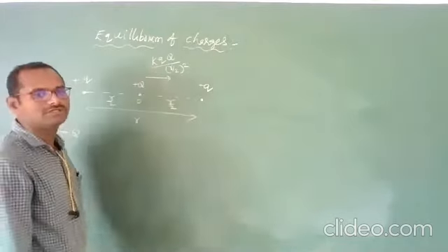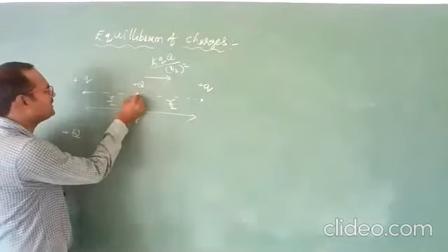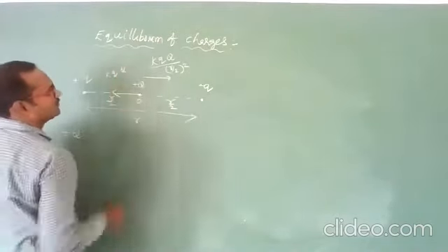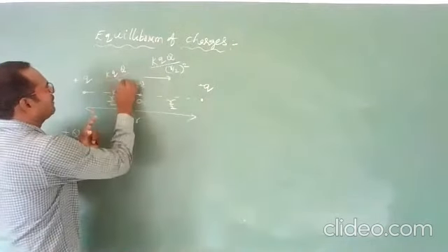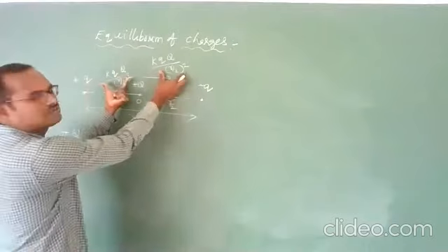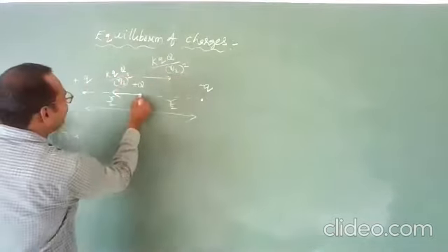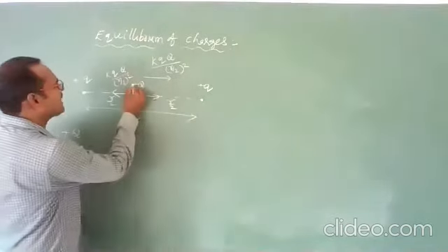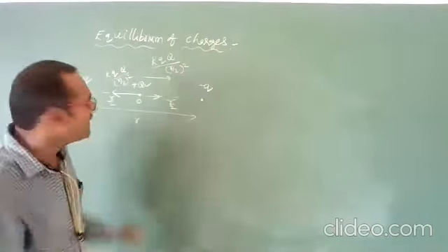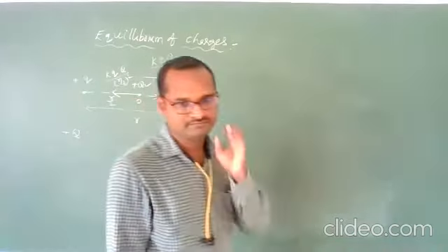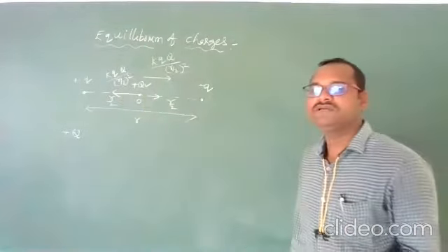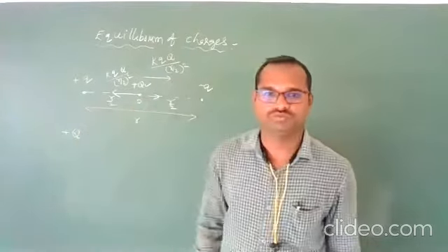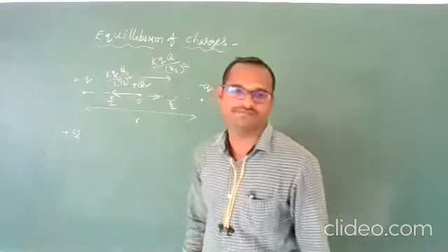Now, due to this charge, again repulsive force, in this direction. How much value? Again K, Q, Q divided by R by 2 whole square. So both the values are equal in magnitude and their directions are opposite. So the net force on capital Q is 0. So we can say this capital Q is in equilibrium condition at the center. My question was where we should keep this capital Q charge so that the net force on it is 0. Exactly at the center we should keep it.